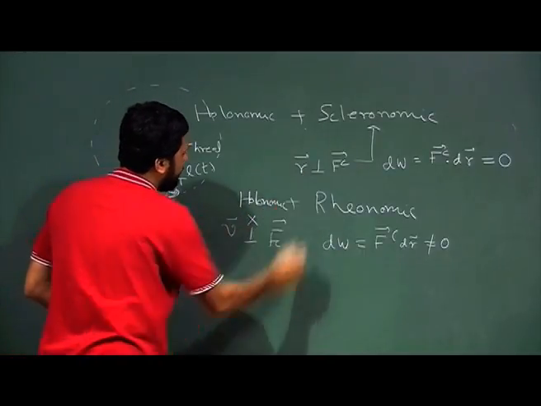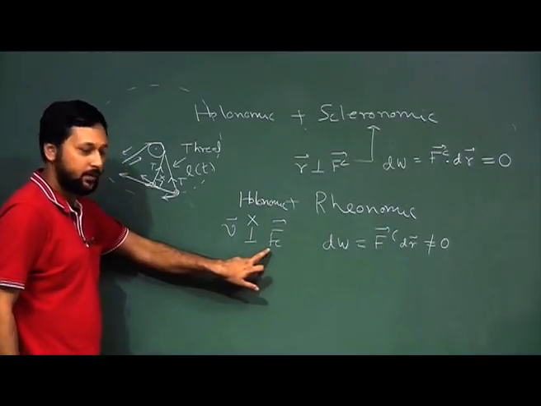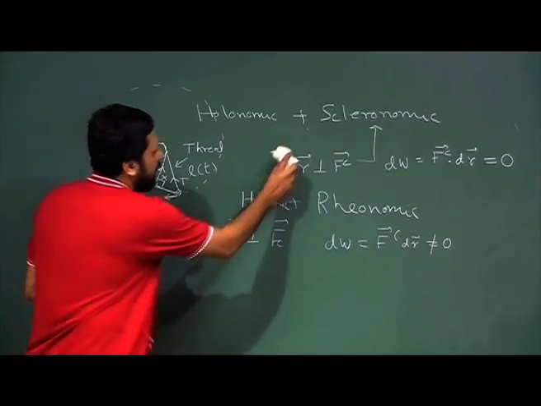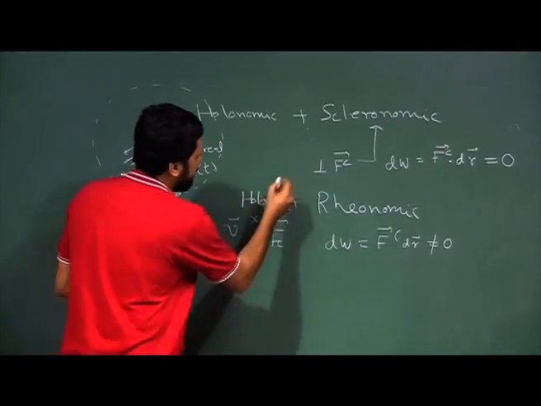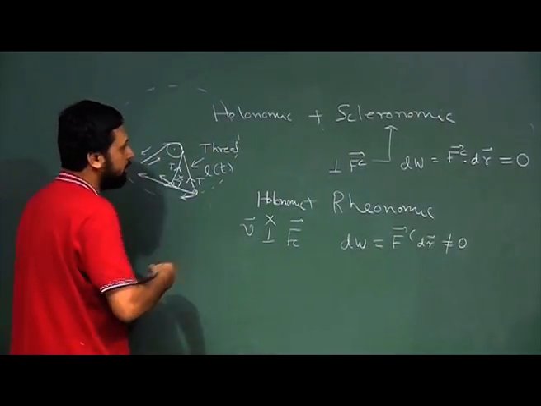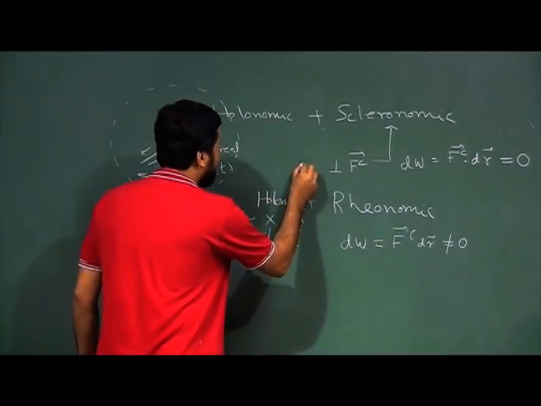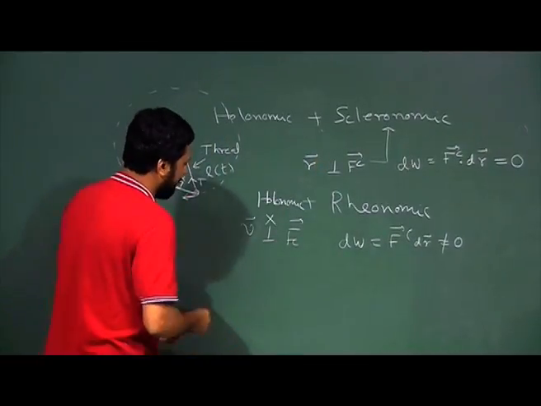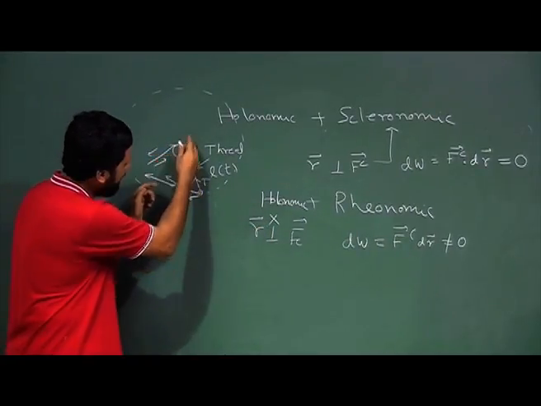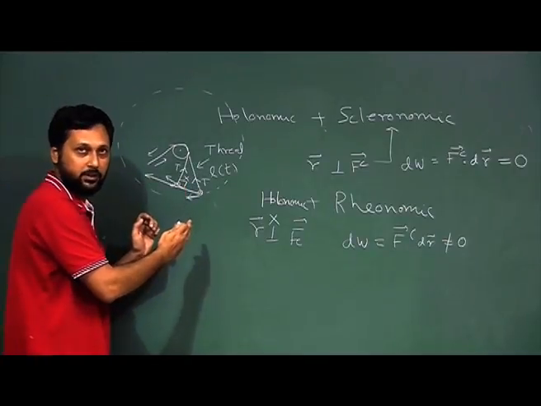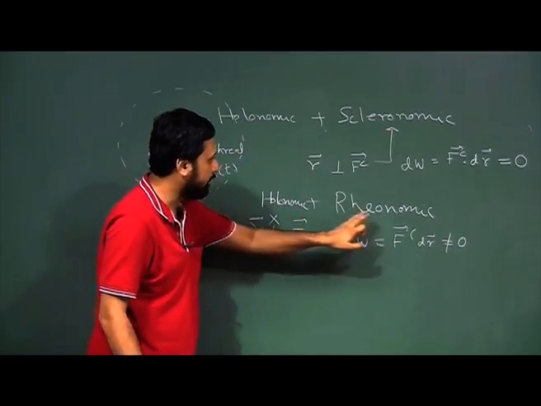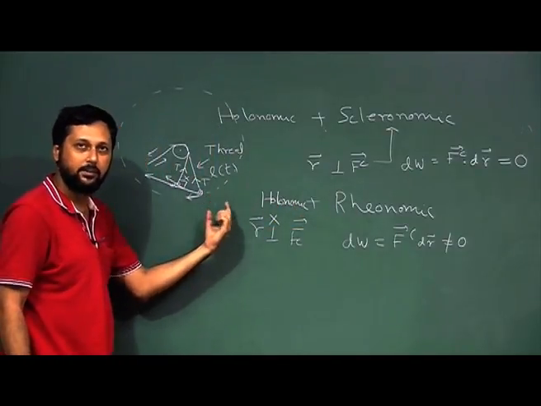In this case, it so happens that the velocity and, no, I should not write r, because r has a different meaning. It is a displacement. I do not know how I should write it. For a pendulum, the displacement should be given by, okay, let us write it r only, just to be convenient. Just keep in mind that this r is not the length of the radial vector, but it is the displacement from the equilibrium position. So, we can use r. So, this is not generally true, that it is perpendicular for a holonomic and rheonomic constraint, when, for example, the length of the pendulum is changing.